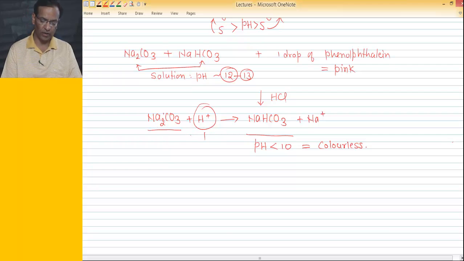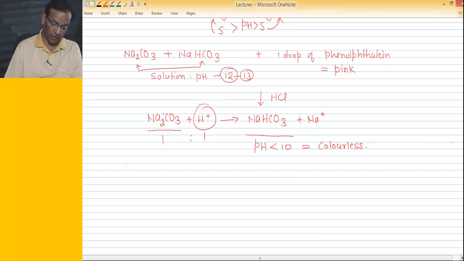Since 1:1 stoichiometry is there, 1 mole of H plus is neutralizing 1 mole of sodium carbonate into sodium bicarbonate. So moles of H plus required to reach the phenolphthalein endpoint will be equal to moles of sodium carbonate. So we can say that